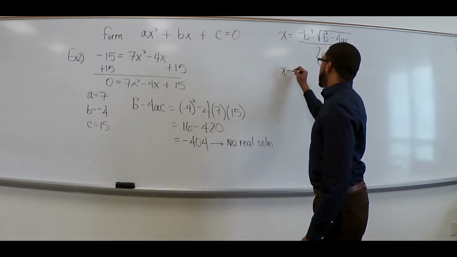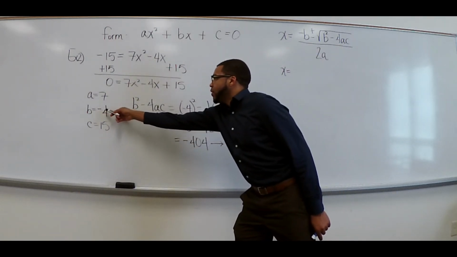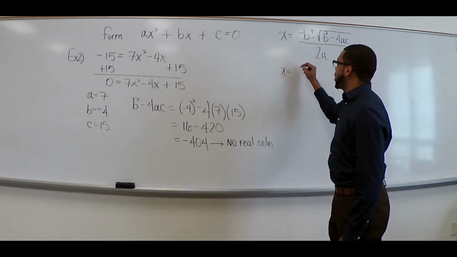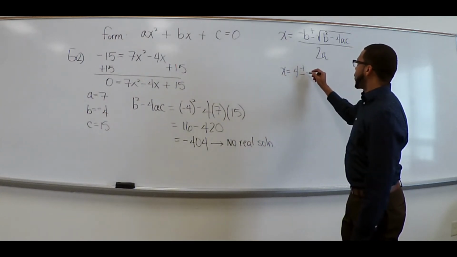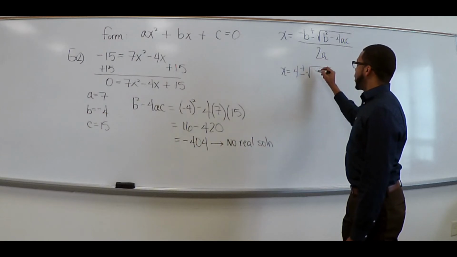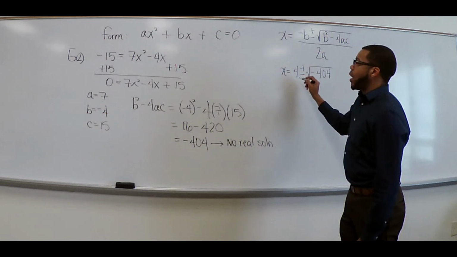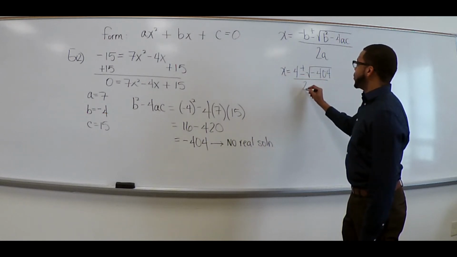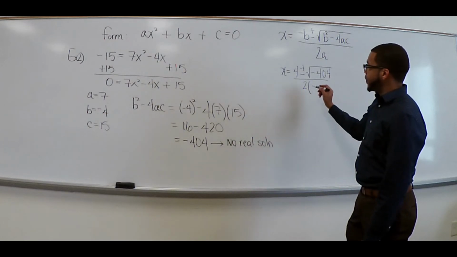So x equals, extracting the information, opposite of b is negative 4, so the opposite would be positive 4, plus or minus the square root of negative 404 all over 2 times a, which is 7,